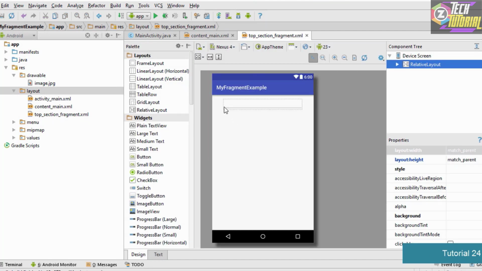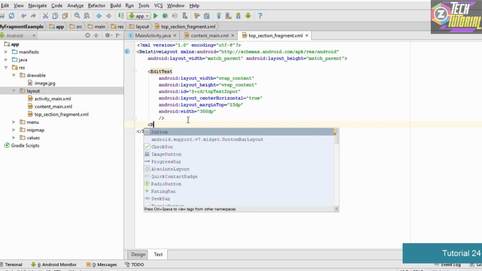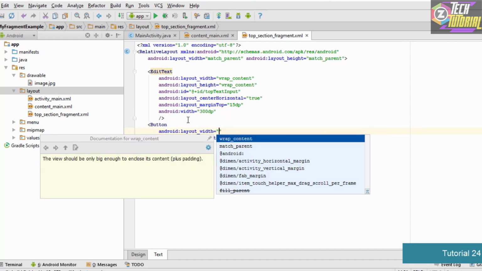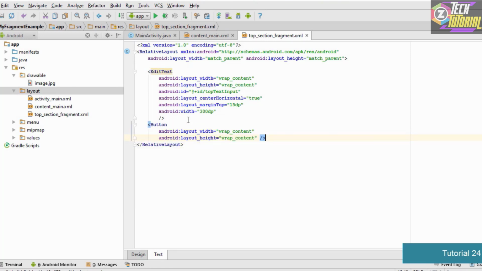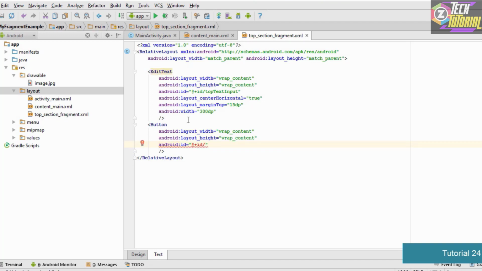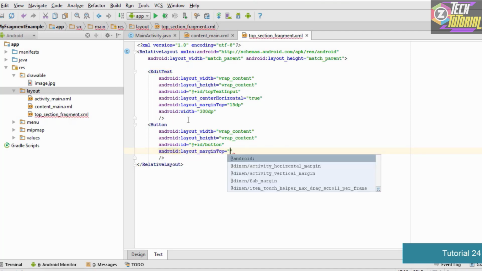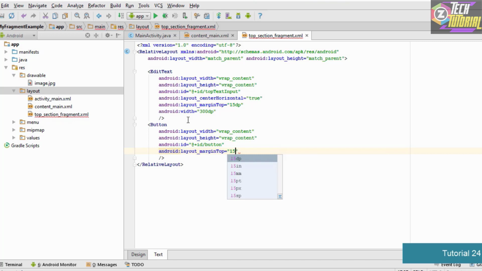As you can see, the edit text has been successfully added to our fragment. Now let's say we want to add a button onto it. In order to add a button, we use the button tag. So we type button, width should be wrap content, height should be wrap content, and let's give it an ID: android:id equals @+id/ and let's give it an ID of, let's say, button. Now let's also specify the top margin: android:layout_marginTop equals, let's say, 15 dp.